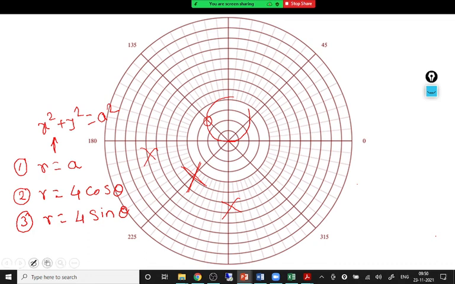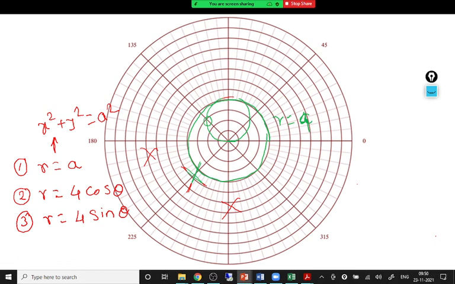So if we want to draw that curve, it is not erasing, no issue. So r equal to a, suppose that a is 4 in this case. There will be a circle, say this is r equal to 4. In particular, I have taken a equal to 4. You can take a equal to anything because a is not given. So a is some arbitrary constant, and otherwise you can write it as r is equal to a.